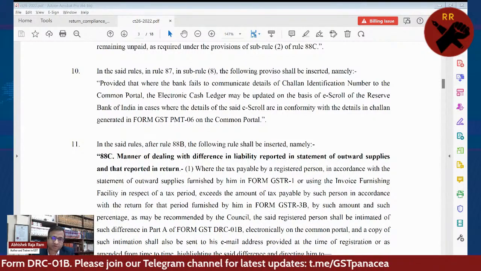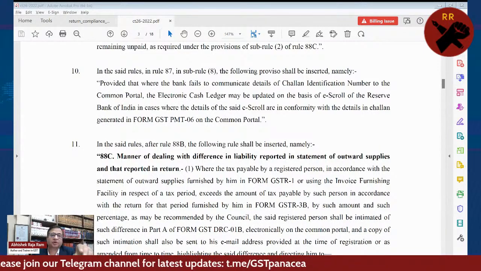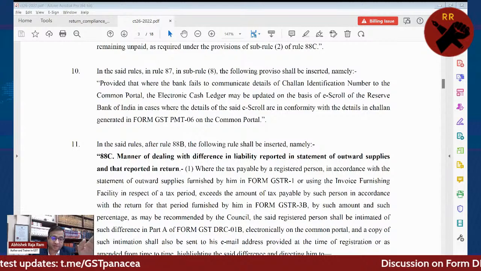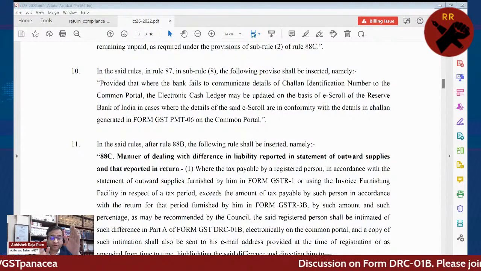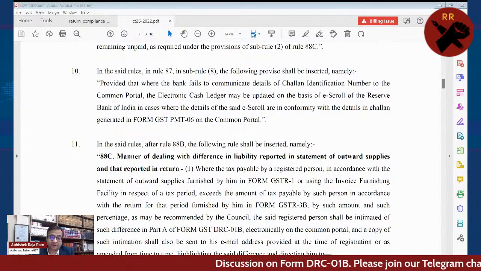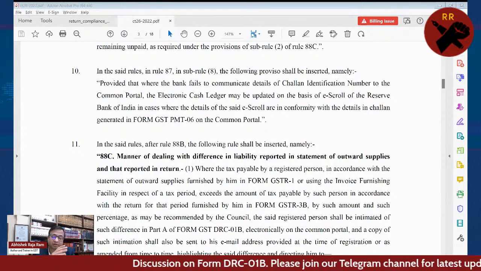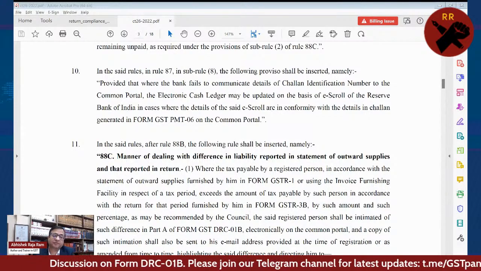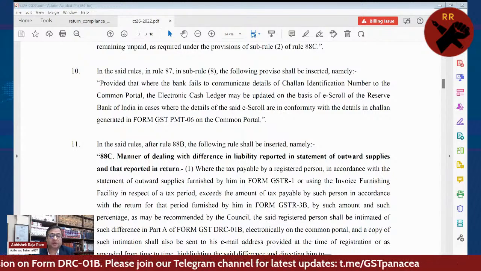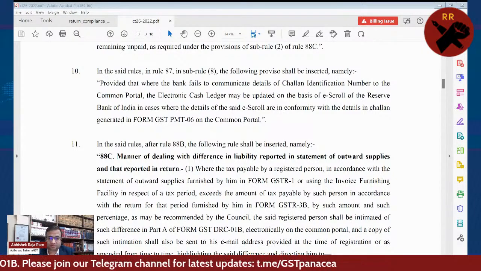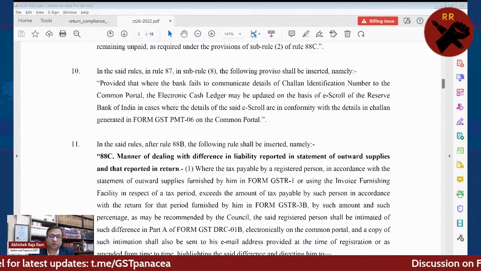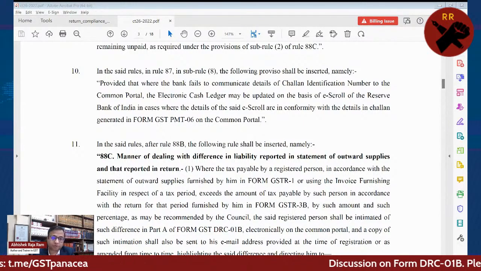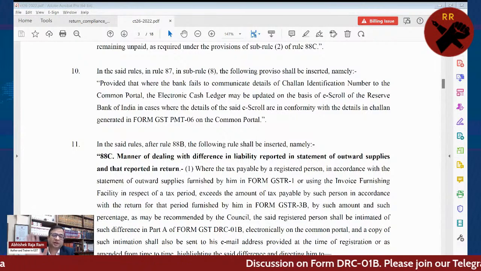Now the issue was, पहले तो इन्होंने रूल्स में सेक्शन में लिख दिया था that if there is a liability which they called undisputed liability between GSTR-1 and GSTR-3B, so they will do direct recovery. But Honorable Jharkhand High Court in one of the decisions have said no, you don't have the right to do direct recovery. You have to issue a show cause notice. But they said that we have written in the law, we are not going to issue a show cause notice.